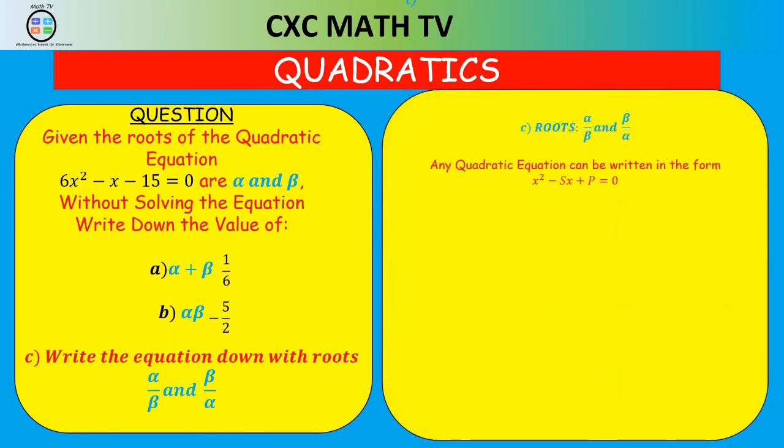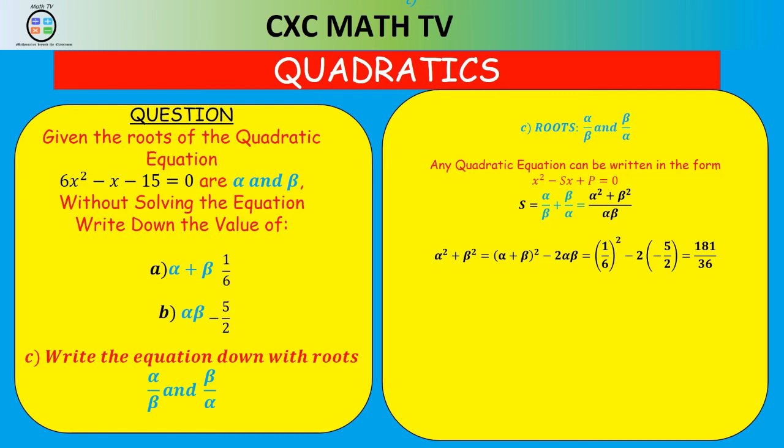Now we just found from the previous video that alpha squared plus beta squared is equal to alpha plus beta all squared minus 2 alpha beta. So we can substitute alpha plus beta as 1 over 6 and alpha beta as negative 5 over 2 into that equation, and it's going to simplify to give us